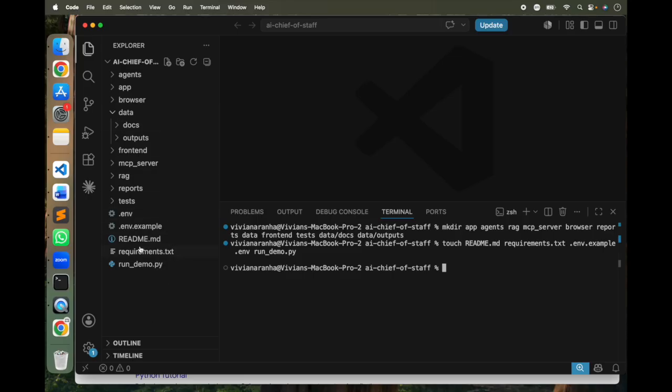Now again, I'm not going to go into detail of these, what they do, but if you are interested, you can enroll in the course and I'll probably show you step by step of what these are and why they are used. But I'm going to fill up these files as and when we go here. So next step,